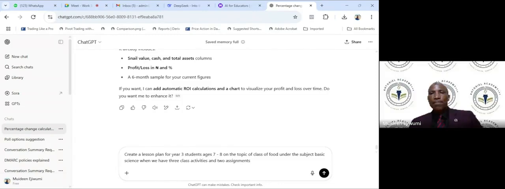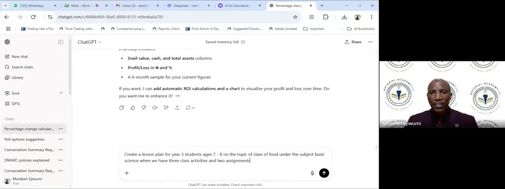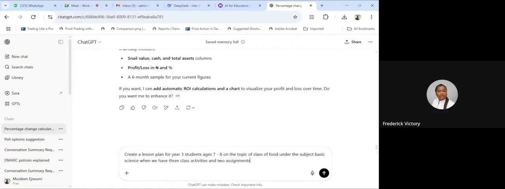Please, can you place that prompt on the chat box, please? Is it convenient to do that right away? Yes, please. Let me just copy and paste. Can I read my own prompts?